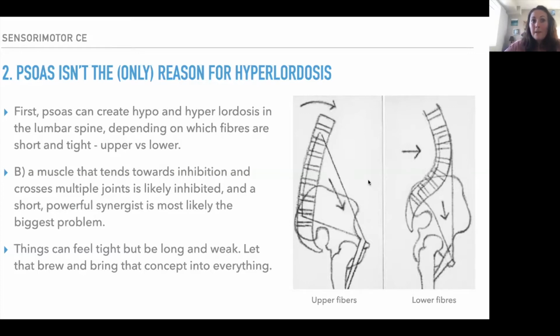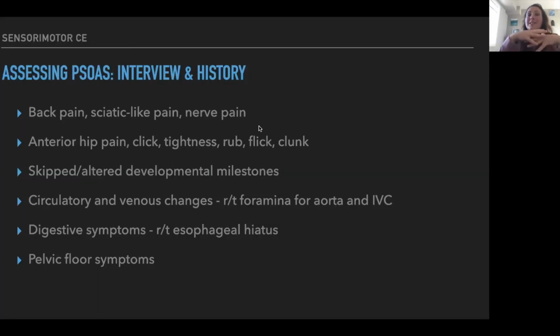So psoas can create either hypo or hyperlordosis. This is hypo, less of a curve. This is hyperlordosis. It can do both of these things, because it can cause both flexion and extension at the lumbar spine because of the difference in these fibers. But when psoas is eccentrically loaded or weakened, those little holes that the lumbar nerves pass through now become